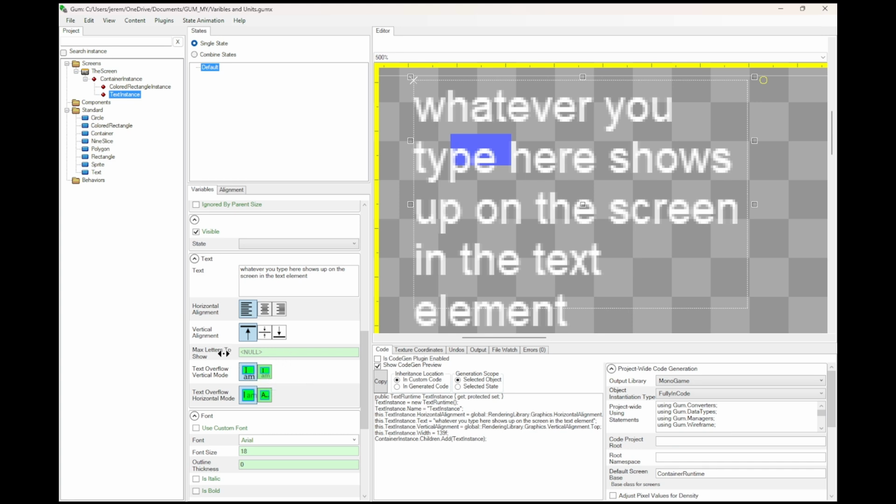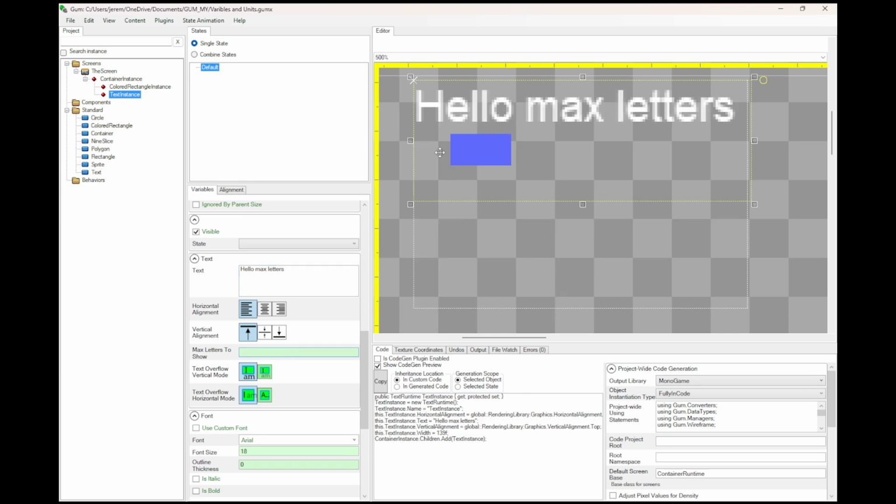Max letters to show. So what null means here is essentially infinite. So let's put it down to a simpler set of letters. So we'll just say hello max letters. So by default, it's showing all of them. But if we were to change this to just 10, it's only going to show the first 10 letters. If we do 11,